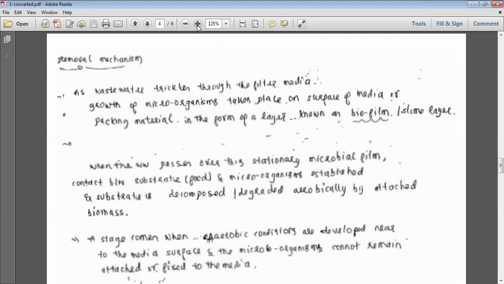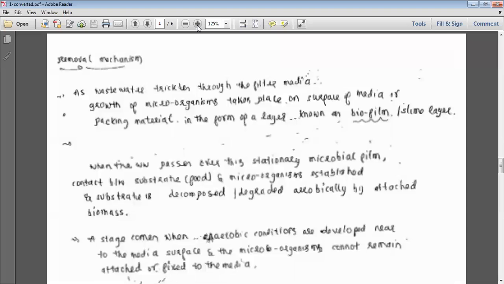This layer will be formed by whom? All the biofilm. So this is the biological filter media. The biofilm develops. An important concept is how your waste is treated. So when wastewater passes over it,